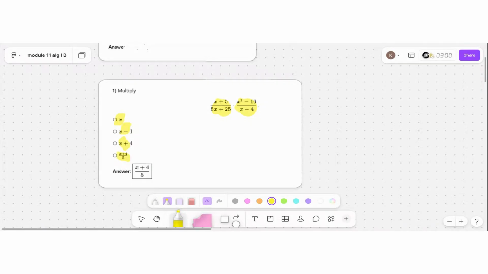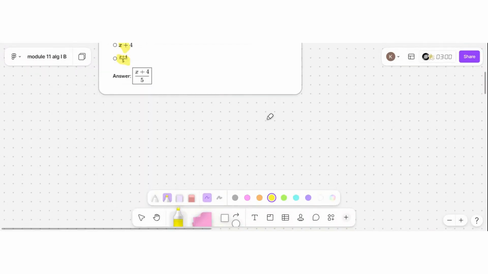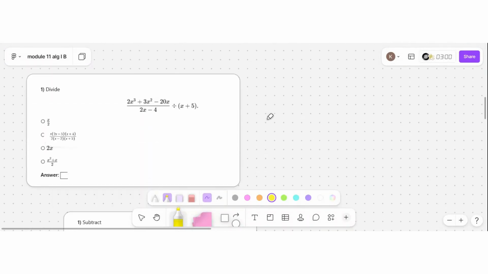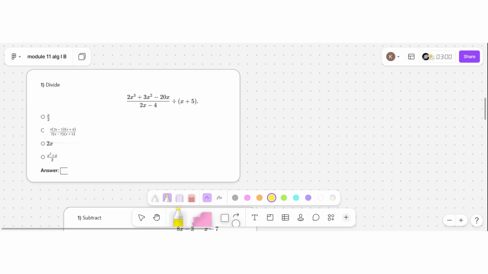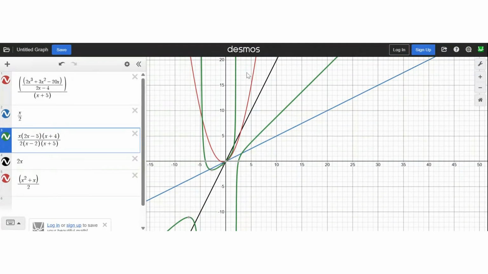All right, let's go to the next one. Again, make sure you practice typing those in. So now we're doing divide. Same thing, but divide. But this is going to be a little trickier to type into Desmos. So I'll share my tab and show you. Again, parentheses make a big difference. You'll do parentheses,